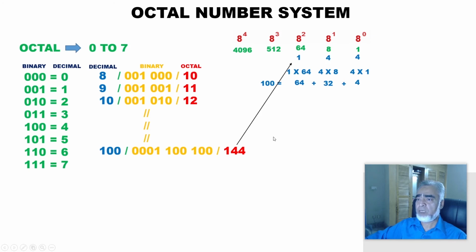And here we have another number system, which is called the octal number system. Its base is 8, and we barely use these numbers in our programming, but to understand this number system, we can say that these numbers go from 0 to 7. The octal number for 8 is 10. In the octal number system, 9 is written as 11, 10 is written as 12, and 100 is written as 144. And here we can find the technique to convert the octal number system into the equivalent decimal number system.